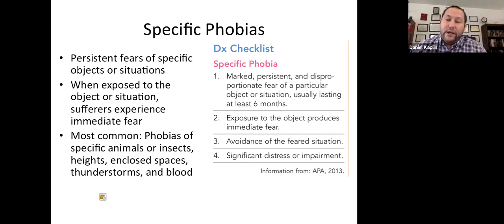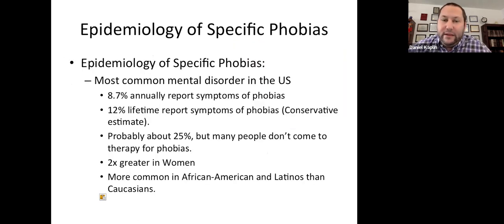That would be a very disproportionate reaction to a garden spider. So if we look at bullet point 4, that significant distress is disproportionate to what was actually presented. Now, you'll see the most common phobias are animals and insects, followed by heights, enclosed spaces, thunderstorms, and blood. All of these trigger a potential threat to one's existence, and therefore, in an exaggerated sense, one can acquire a specific phobia.